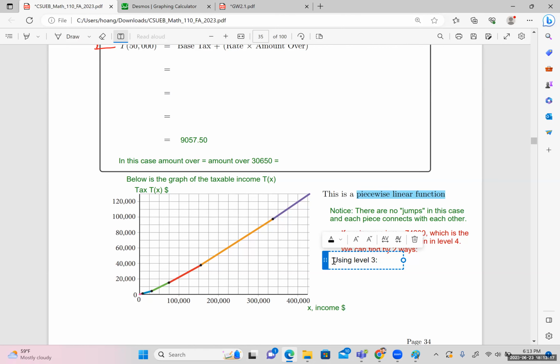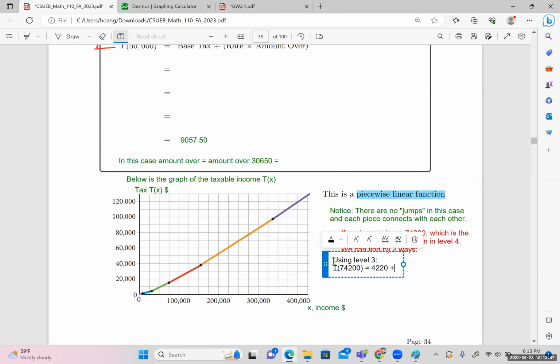Using level 3, you will have the base tax at 4,222. So T of 74,200 will equal to 4,220,